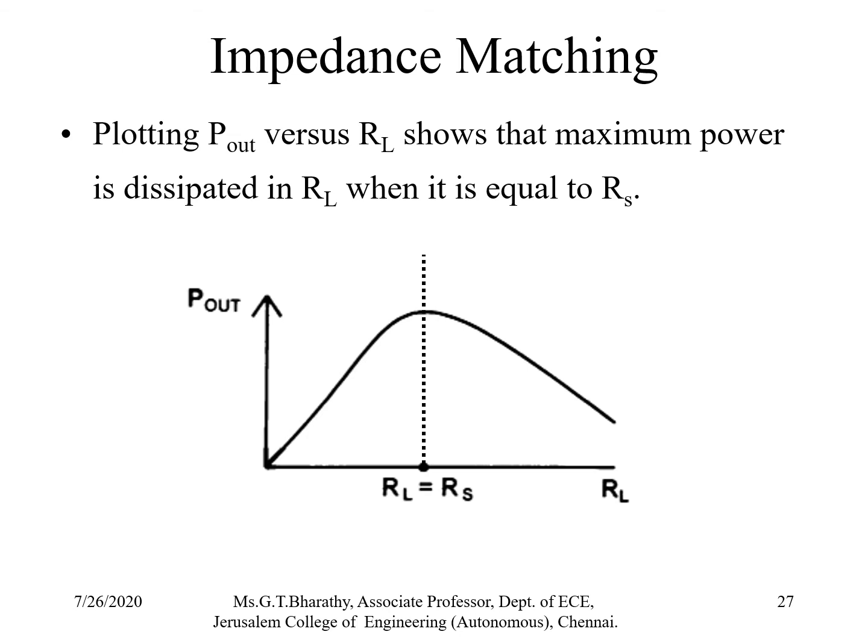If we plot the output power versus the load resistor RL, we will be getting this plot, from where you can see that as the value of RL increases, the output power is slowly increasing. At this point where RL is equal to Rs, that is when the load resistance is equal to the source resistance, we have got the maximum power. As the load resistor value increases beyond the value of the source resistance, the output power is slowly decreasing. So this condition, RL equal to Rs, is required for maximum power transfer between the source and the load.